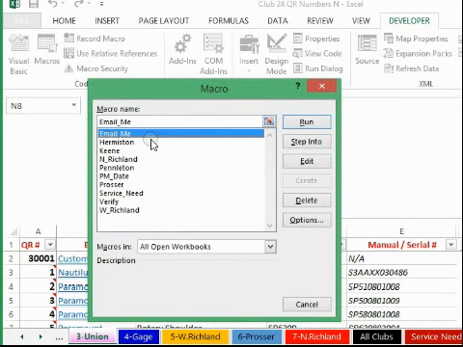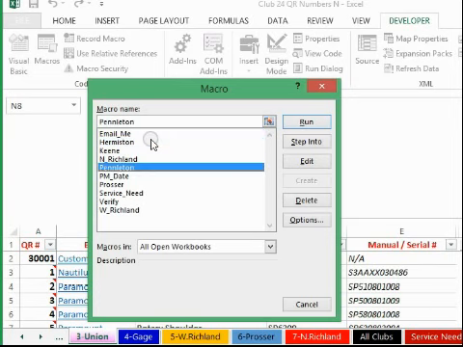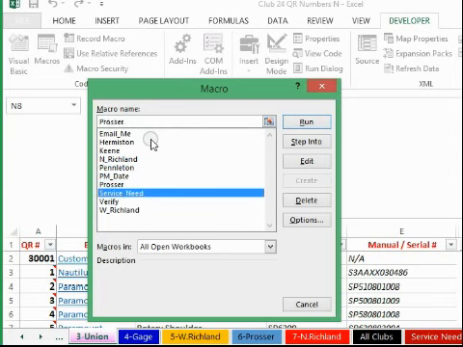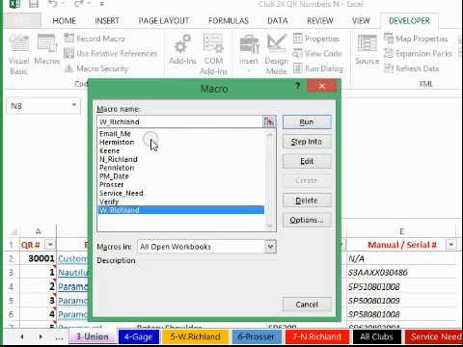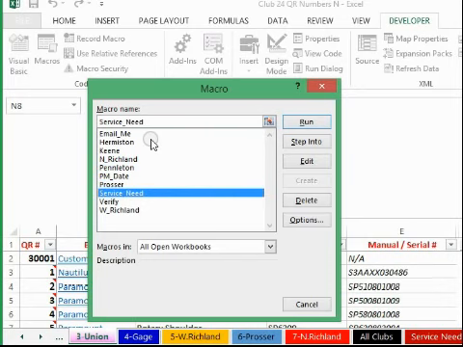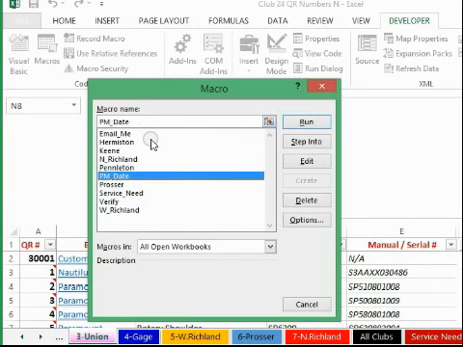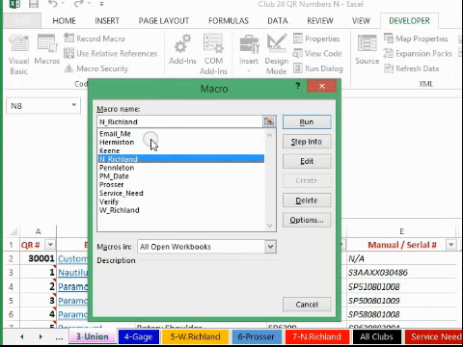Now here, the one called Email Me, that is actually specifically for the Union one. Each of the tabs has a different macro for sending the email for the service record. I did that because for each of the different tabs we wanted a different subject line. Each one is an identical macro. The only difference is the subject line that each of them have. So Email Me is the Union one, Hermiston and Keene, the rest are named after the tab that they're supposed